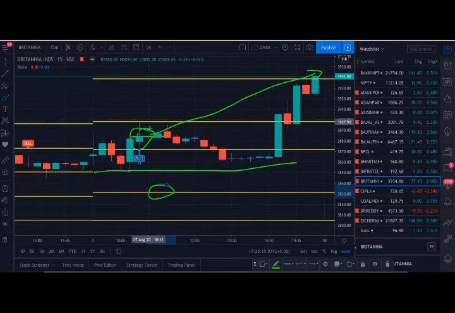That's the minimum reward. So in this case, like I already said previously, you can take the support of previous day supports. Here the previous day support is this, so you can consider this as stop loss. You can see here, after making the target one, that is here, it has perfectly given breakout. Here you can increase the quantity, or you can trail the previous quantity only, for greater profits.